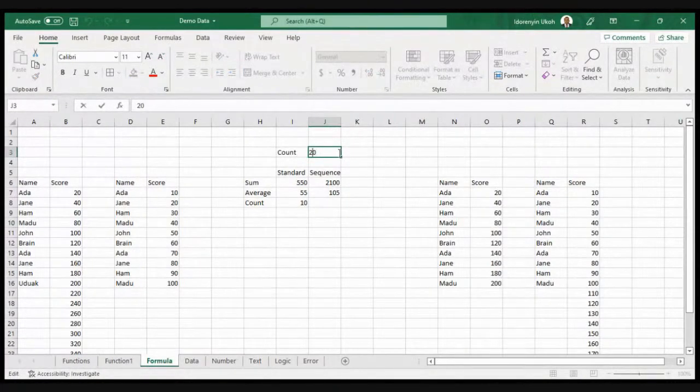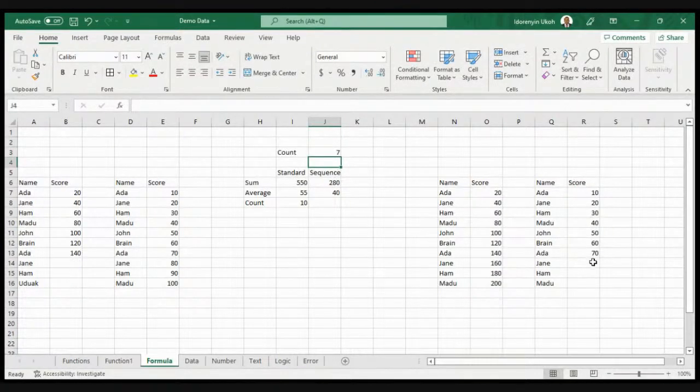So if I change this count again, for example, to just 7 and enter, you see the scores are actually changing to the number of count that I need. And also the sum and the average is also changing. The good thing about the sequence formula is that you don't have to go back and be typing or trying to drag and drop to get a particular data set. If you know that your count is in a particular step, it's easy for you to use the sequence formula. It will enable you to play around with that data without having to autofill all the time.